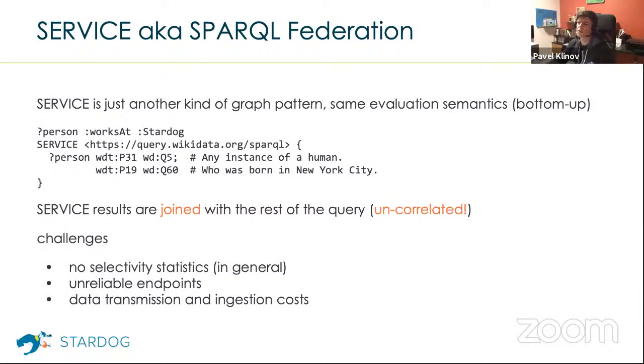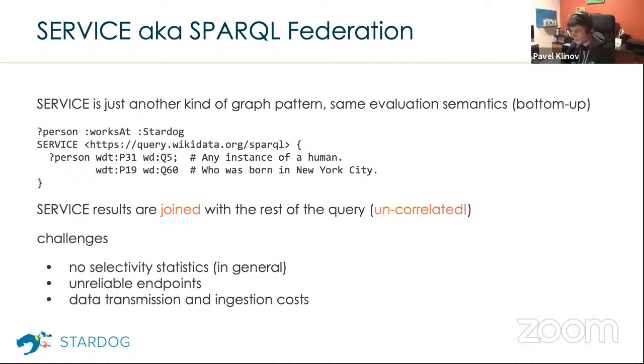Okay, I really don't want to talk a lot about SPARQL federation. And I know a lot of people are excited about SPARQL federation, especially people working with open data and linked open data on the web. People love Wikidata. I must confess, I don't have a lot of experience with federation. Stardog is mostly used for enterprise data, so service invocations using public endpoints is not exactly what we face